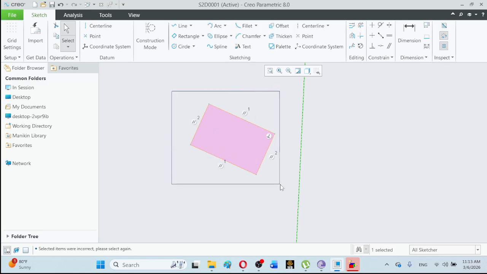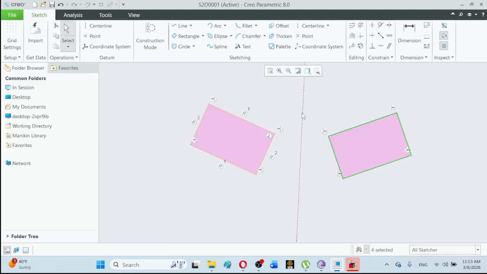So we will be clicking on this geometry, on this mirror command, and then on this line, and it will be mirrored above. Once again,